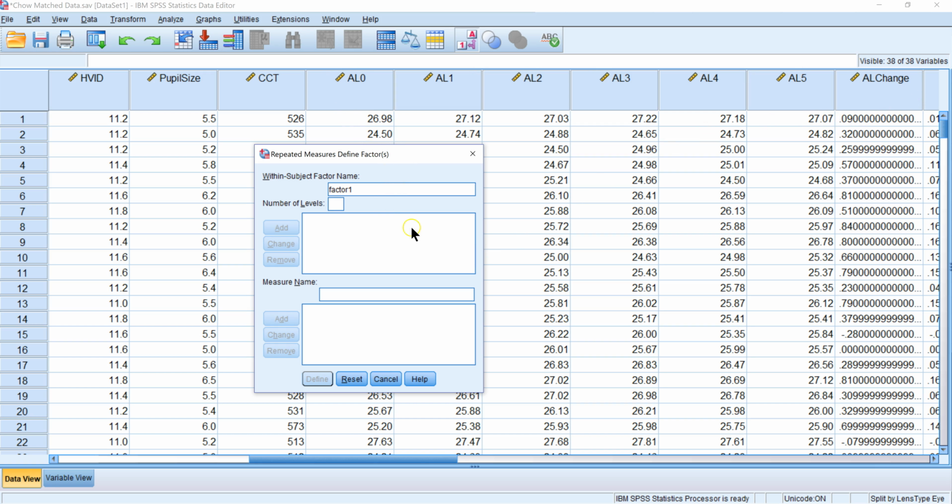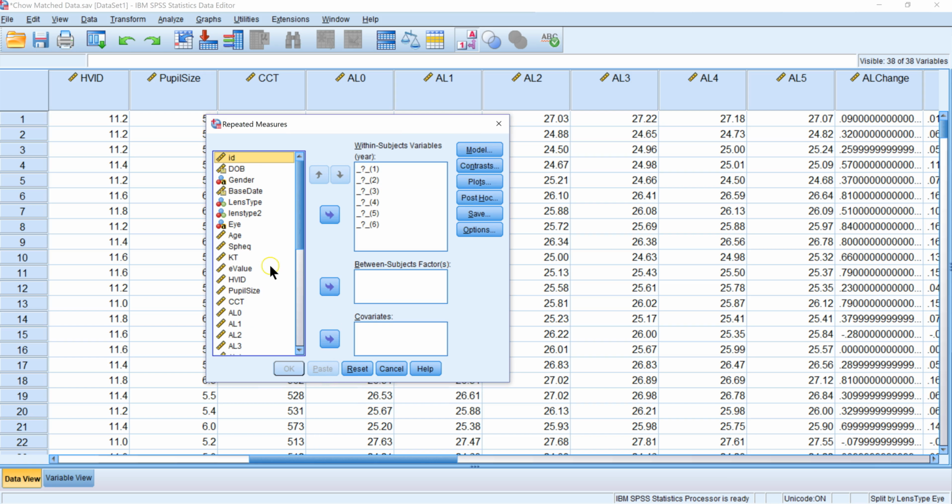And the first thing we do is there are 6 years, and so we're going to go into 6. We're going to call that year. We'll add that variable. So we put in our within subject factors on this first screen. We go down to define it, and then we put them all in